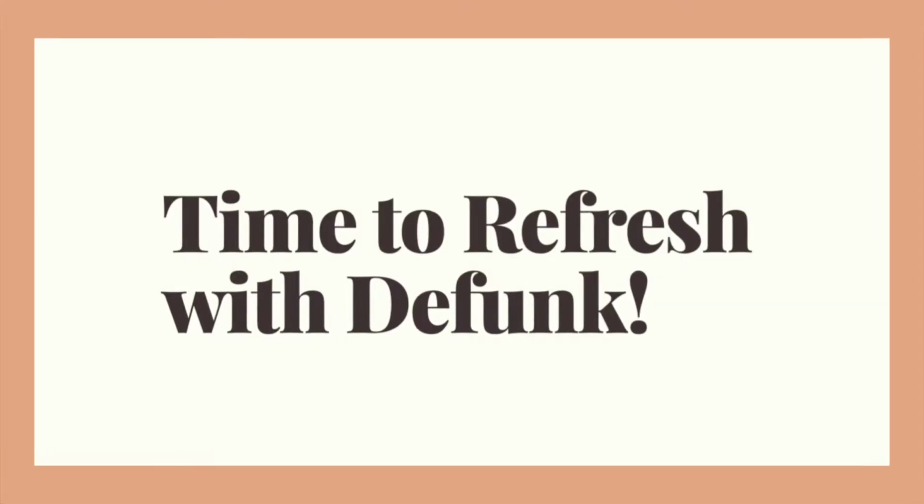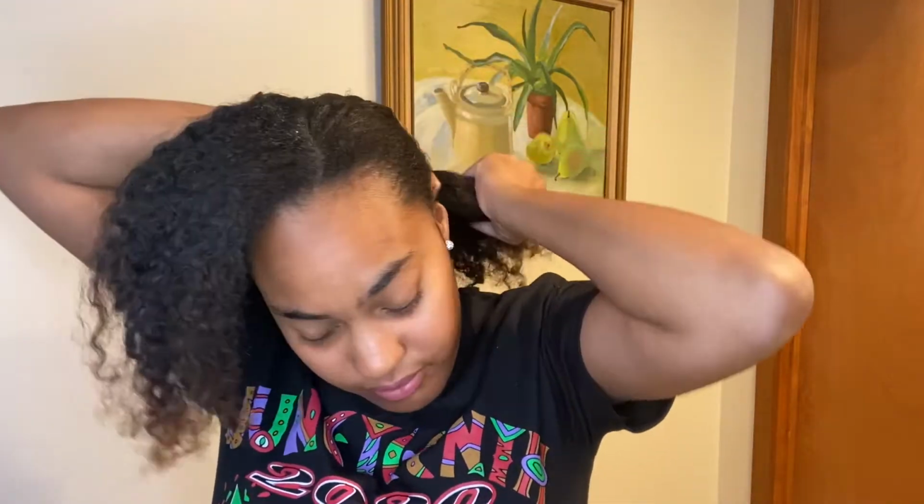So I'm excited. Let's see how this works. Wow, it smells like perfume. It smells really good. This would be really great if you had braids or locks or twists or anything. Okay, so definitely